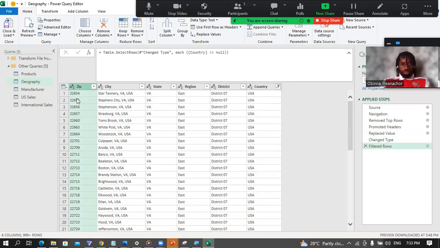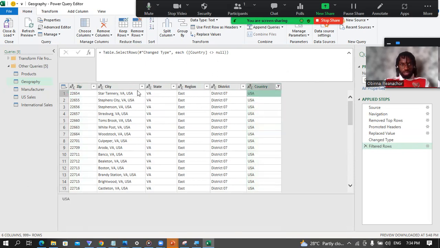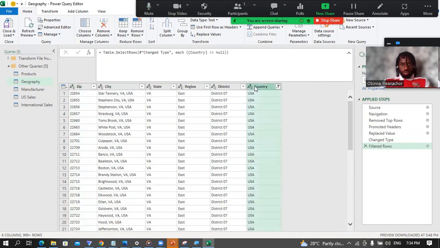Because of this, we'll need to create a new column that will make this zip unique. For that, we'll combine zip and country together. For example, you had 22654 USA and 22654 Germany. If I combine zip and country together, you have a new column that will have